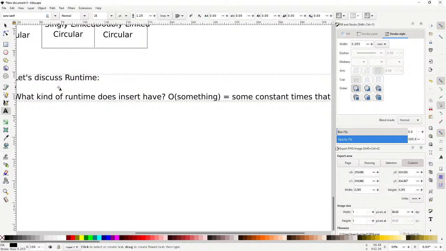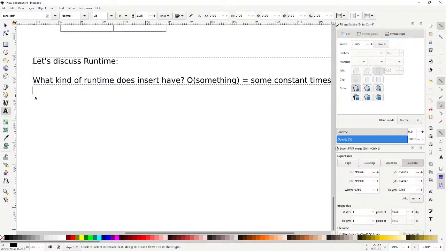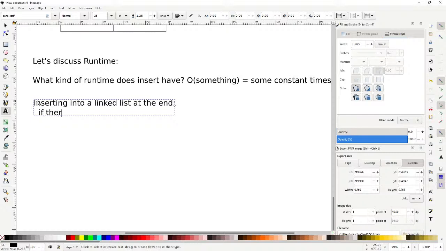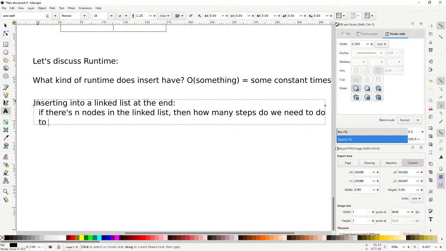Okay? And so, basically, when you insert into a linked list at the end, if there are n nodes in the linked list, then how many steps do we need to do to insert at the end? And this is just for a circularly linked list, right? And so the answer is going to be O of n,